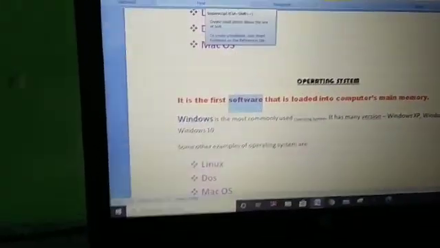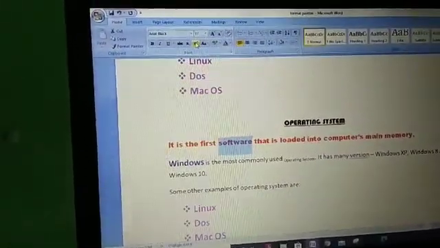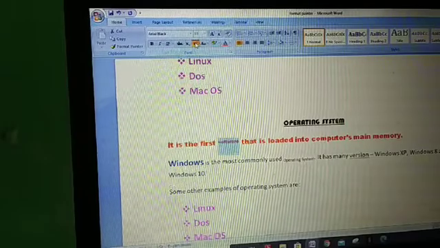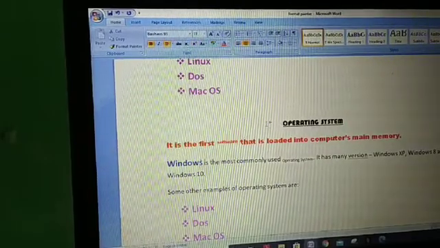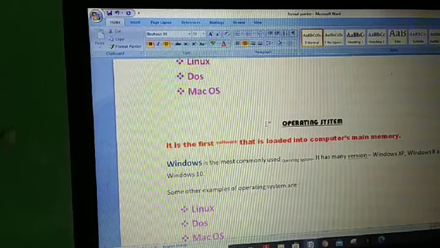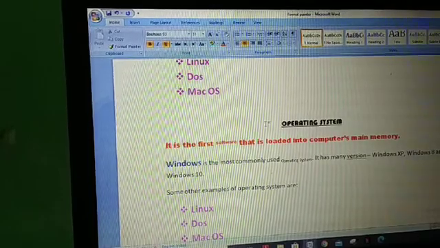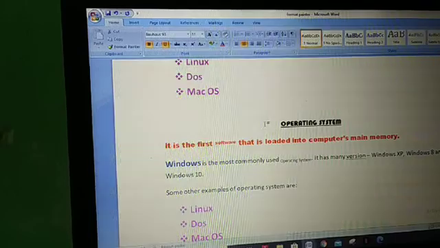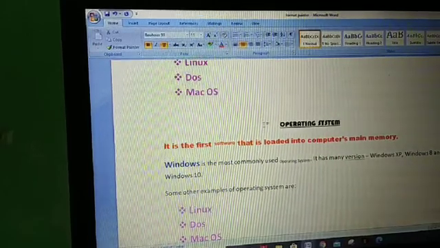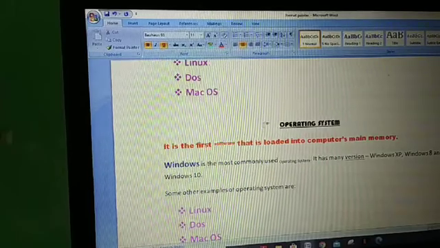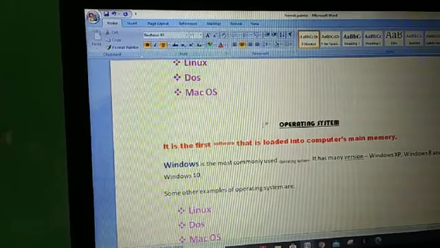When we click this button, you can see the change appeared. The text software is now above the baseline and its size has been reduced. So this is the feature of subscript and superscript.